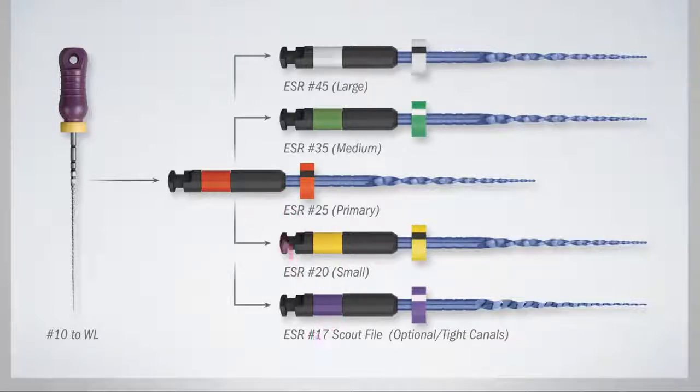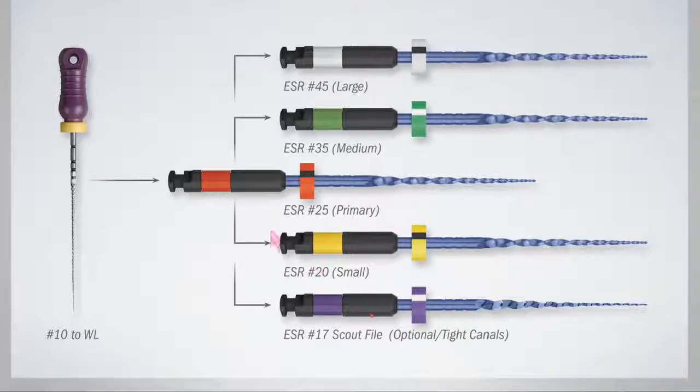So the solution to that is essentially doing this by distributing the cutting among a couple of files. Most of the time, the 25 and then a 20, and you'll be done. And then if it's a very thin canal, you may need this. So anywhere from 2 to 3 files is what you're going to end up needing in order to complete this